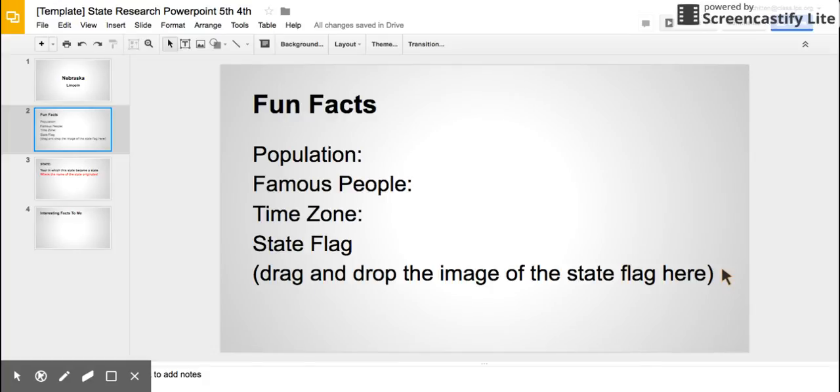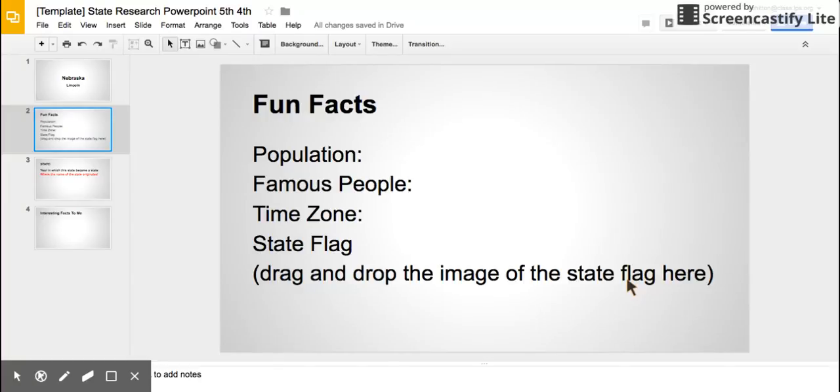This is a quick screen tutorial on Google Slides, which is also known as PowerPoint. This is assigned to elementary students, and they have a rubric attached to this where they have to add a few slides. And I'm going to teach how to add backgrounds, how to use research, and how to add and